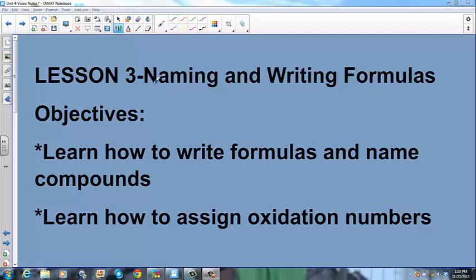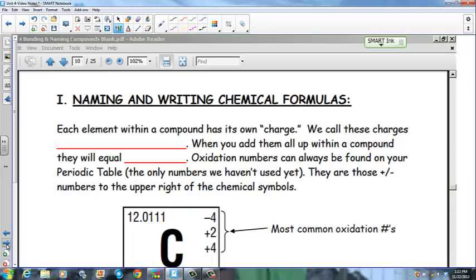So this is lesson 3, naming and writing formulas. Our objectives are to learn how to write formulas and name compounds and learn how to assign oxidation numbers. So we're picking up on page 10 in your notes, and we're going to start with naming and writing chemical